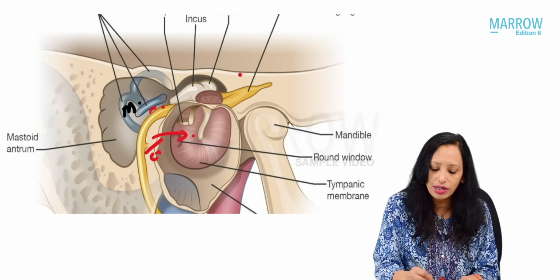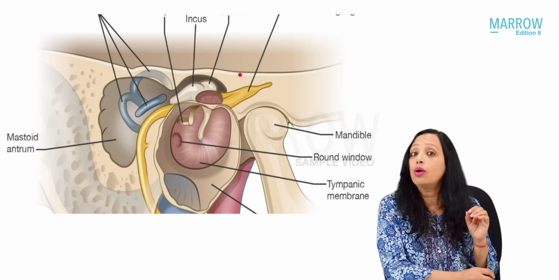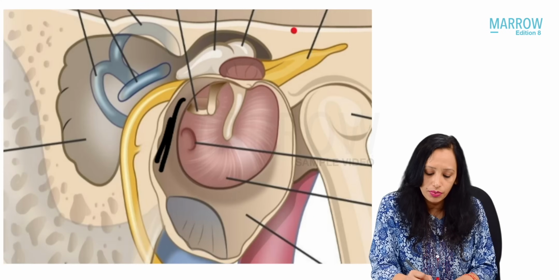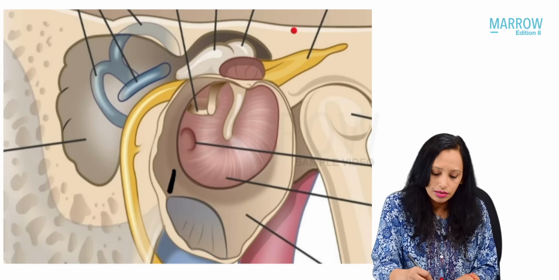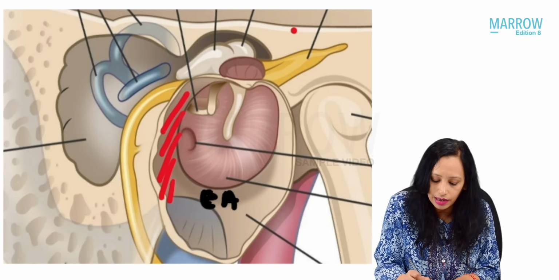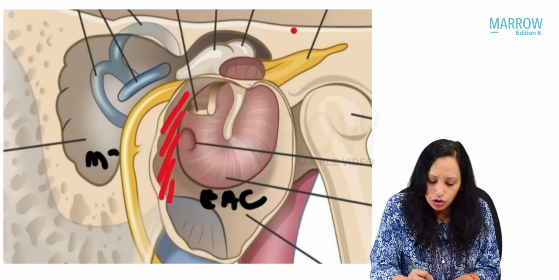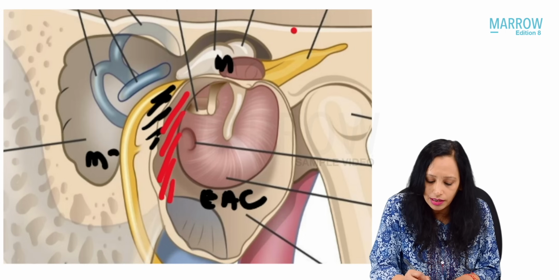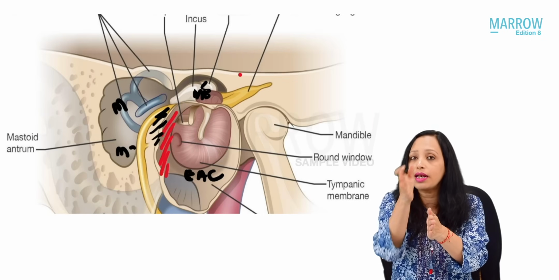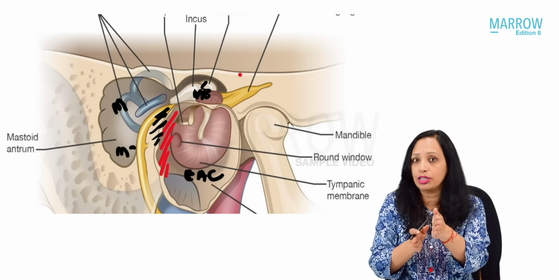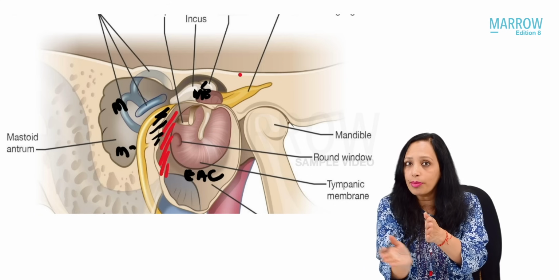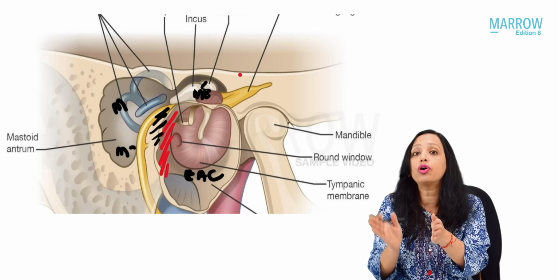Okay. Now, what is canal wall down surgery? In canal wall down surgery, what we are doing is we remove this common wall. I marked it in red. This common wall between the external auditory canal and the mastoid, and also the common wall between the middle ear and the mastoid. We remove the complete separation between the external auditory canal and the mastoid and between the middle ear and the mastoid. So, we now convert the external auditory canal and the mastoid into a common cavity, the middle ear and the mastoid into a common cavity.